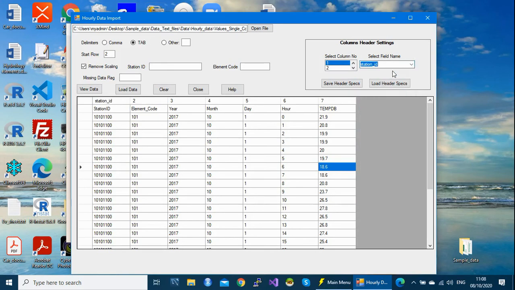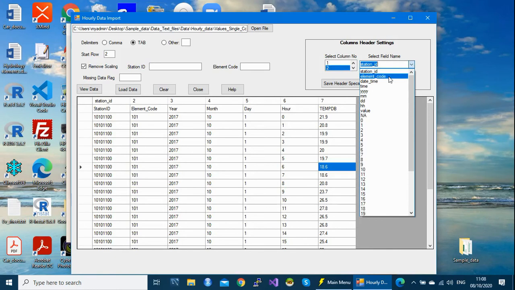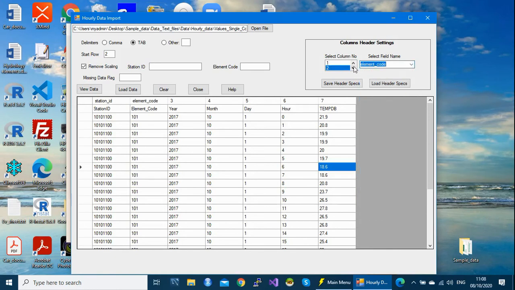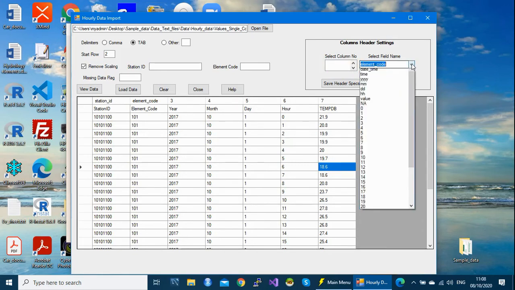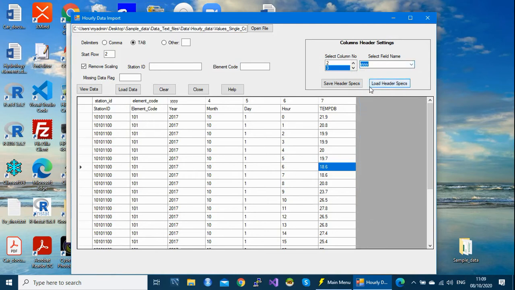You see it was replaced. Column 2 is the element code. We match with element code. So we are giving instructions to the system. Column 3 is year. That's why it is good to format your data well before you start this exercise.